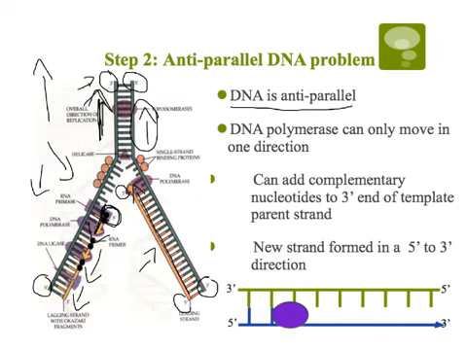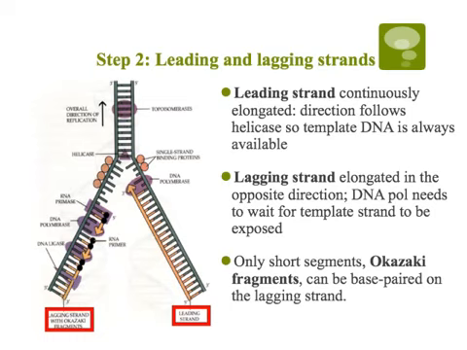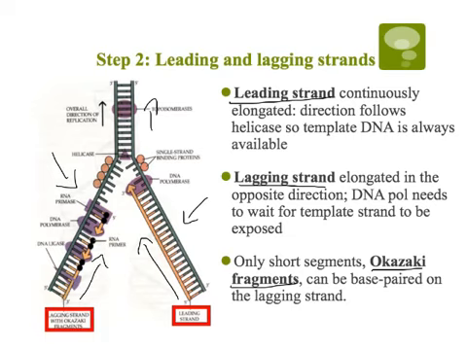So what ends up happening is it forms what are called Okazaki fragments. On the right strand, the strand that we call the leading strand, the strand that we're building in the same direction as my fork is opening, we're all set. We can build in one continuous piece. But on the lagging strand, the strand over here, where we have to build this way,